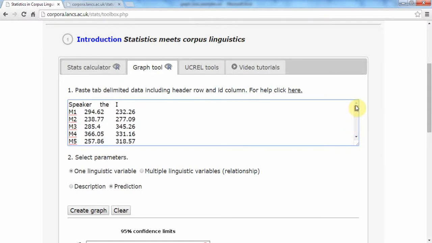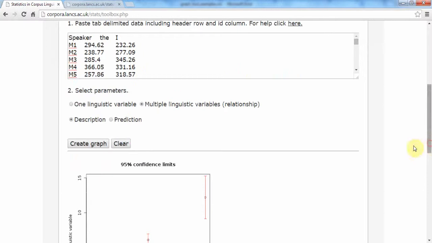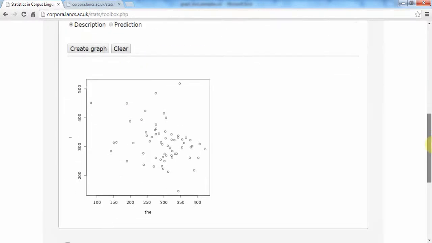Speaker, first linguistic variable, second linguistic variable. I have to change the selection to multiple linguistic variables, and let's say I'm still interested in the description, what I get is a simple scatter plot that shows the relationship between the use of the first person pronoun I